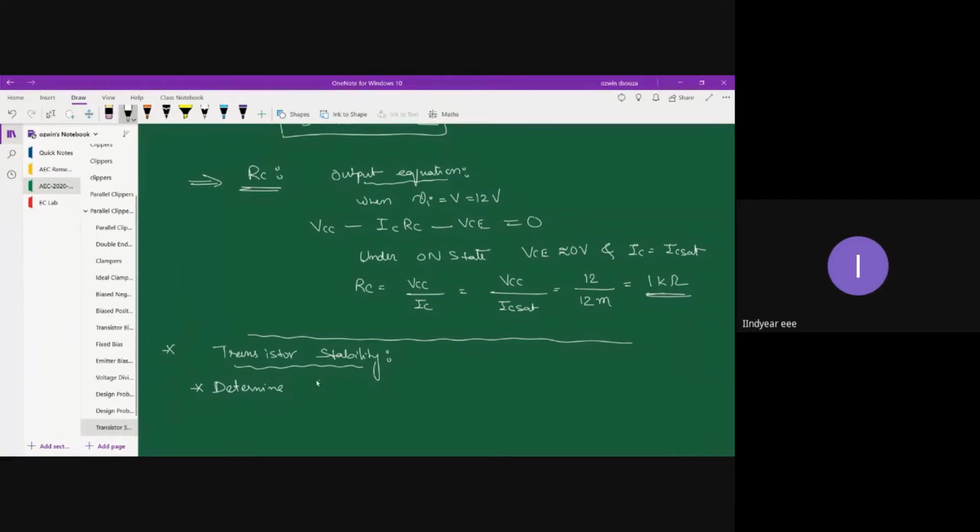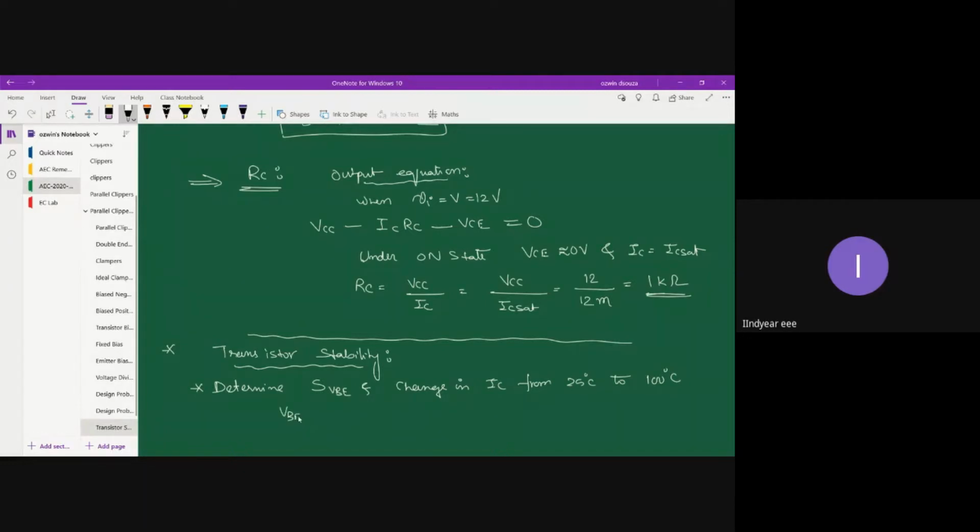Determine the stability factor SVBE and change in IC, SVBE and change in IC from 25 degrees Celsius to 100 degrees Celsius. Okay, 100 degrees Celsius for the transistor